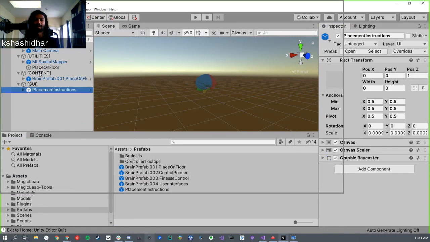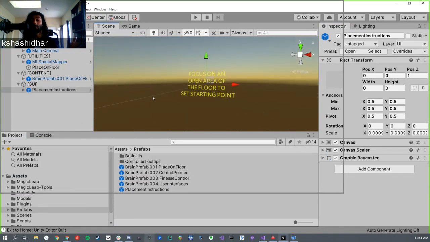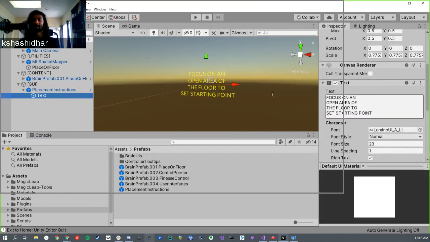This GUI is basically just a plain old Unity canvas, so there's nothing fancy going on here. It's a Unity canvas that has world position, and it's got a text component attached to it that just says, hey, focus on an open area of the floor to set starting point. Nothing special going on here. However,